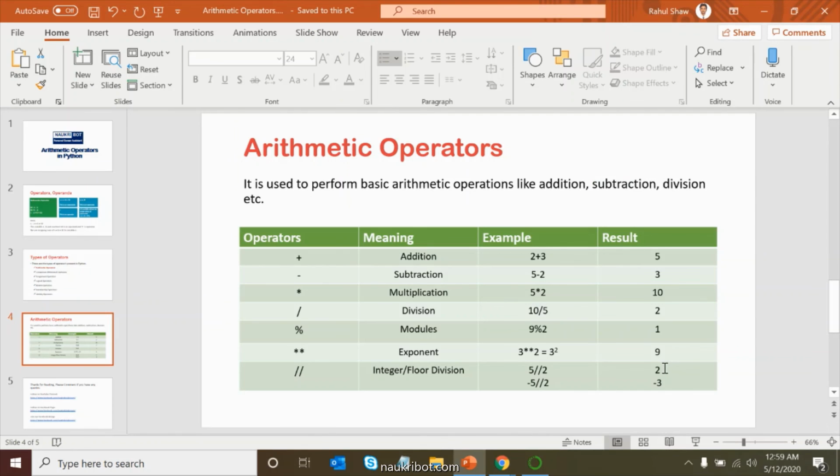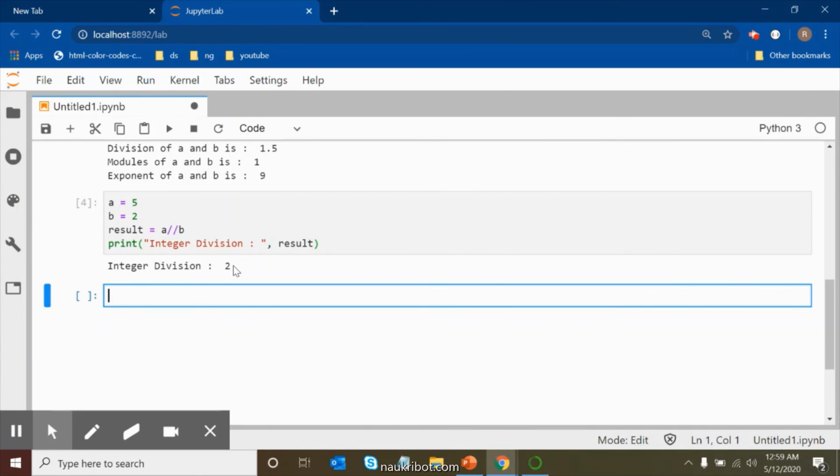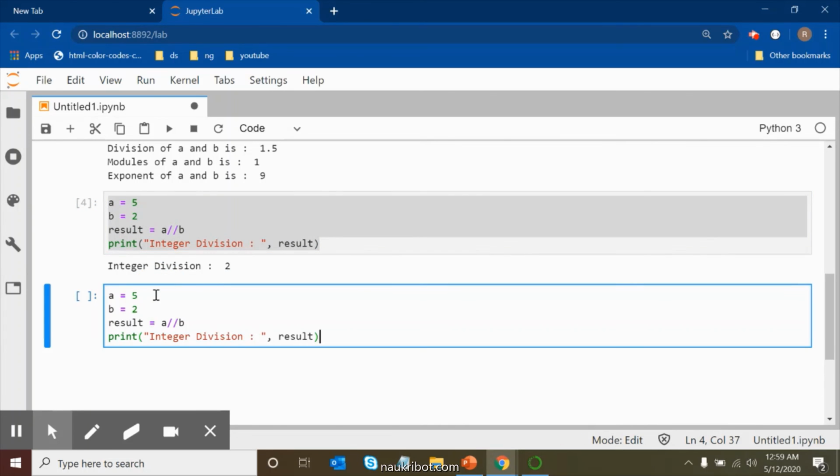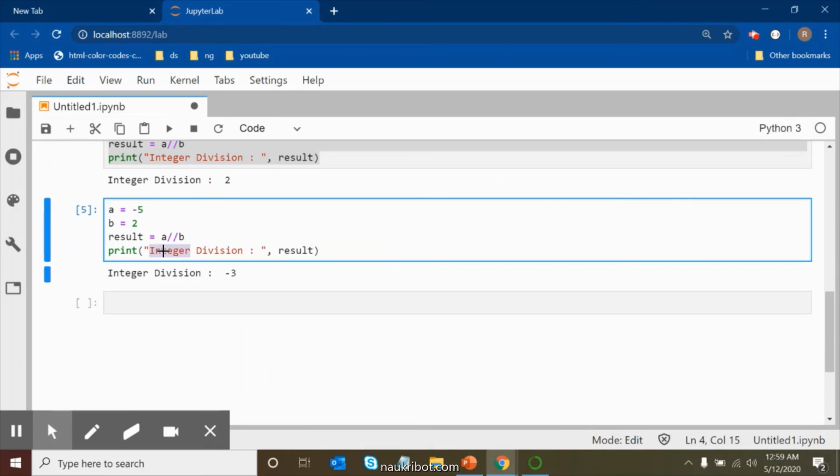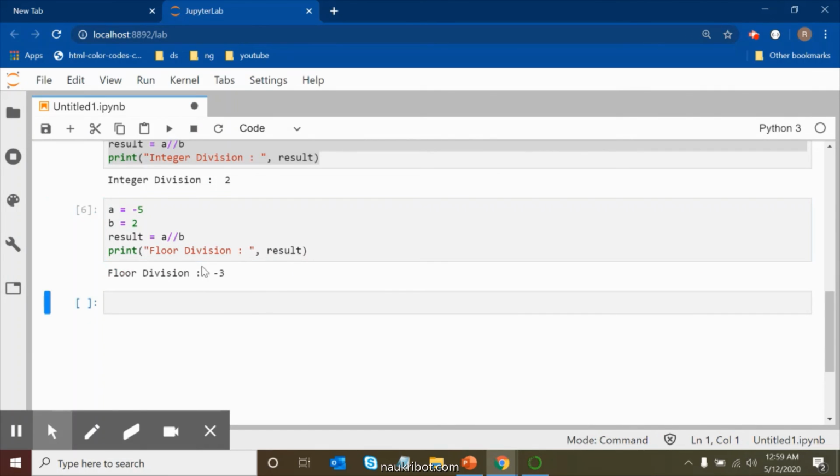It's the same as what I told you before, that it will take the lower value. Now again, the same thing we will take, and I will paste here, and I will take minus 5, and again we will compile this. We will press shift enter, and I got minus 3, because in the negative case it rounds up the value. It will do the roundup and give the roundup result. So I got this, but this is not integer, this is float division. So in the text we will write float division. I got this result.